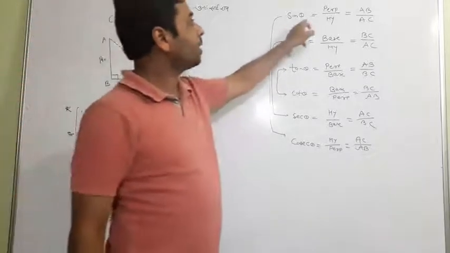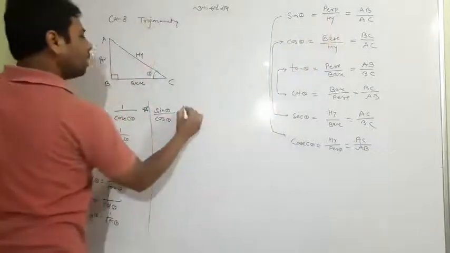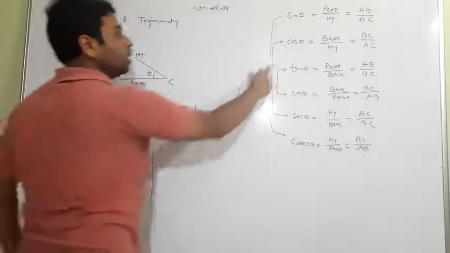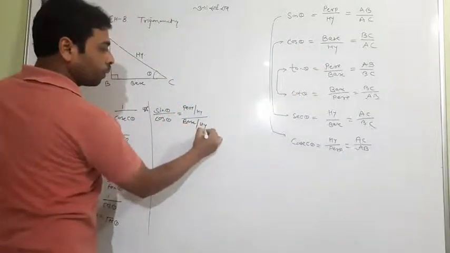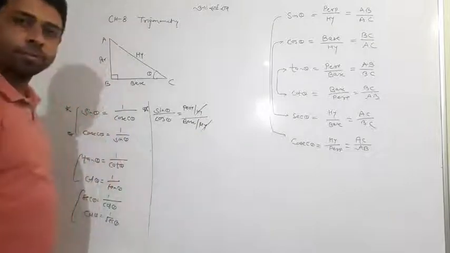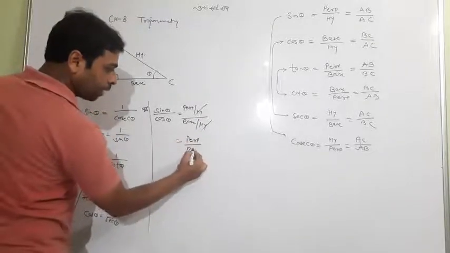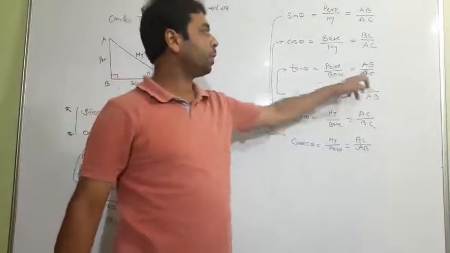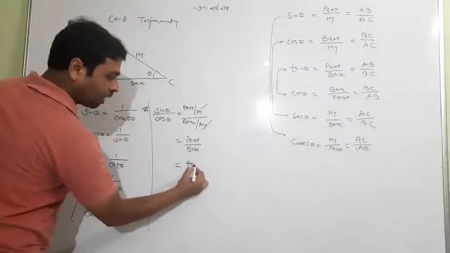Look at it, sine theta is equal to AB upon AC, or perpendicular upon hypotenuse. Anything you can write, perpendicular upon hypotenuse. And cos theta is equal to base upon hypotenuse. What are you observing? Hypo and hypo cancel. So what remains? Perpendicular upon base. And what is perpendicular upon base? Search out. Perpendicular upon base is AB upon BC, which is tan theta. So do you think that perpendicular upon base can be written tan theta?